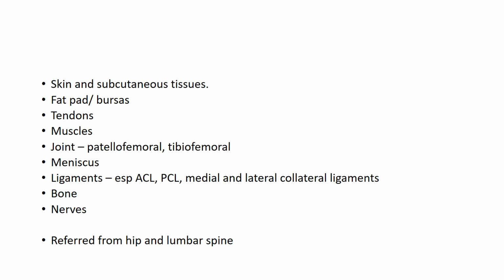There's a number of tendons and a number of muscles. There's the joints, and you might notice there's the patellofemoral joint and the tibiofemoral joint are the main 2. There's meniscus problems, there's ligament problems, and you might notice specifically amongst ligaments there's the cruciate ligaments, so anterior and posterior cruciate ligaments, and then there's the collateral ligaments, which is the medial and lateral collateral ligaments, and